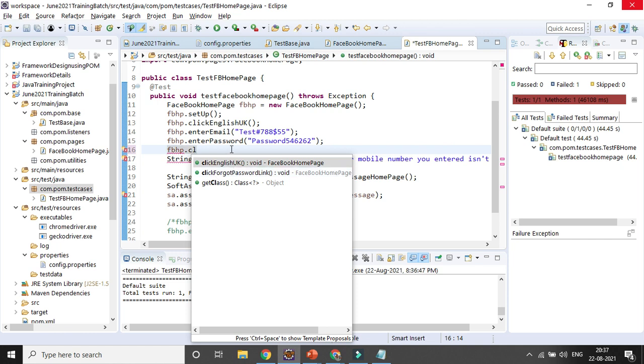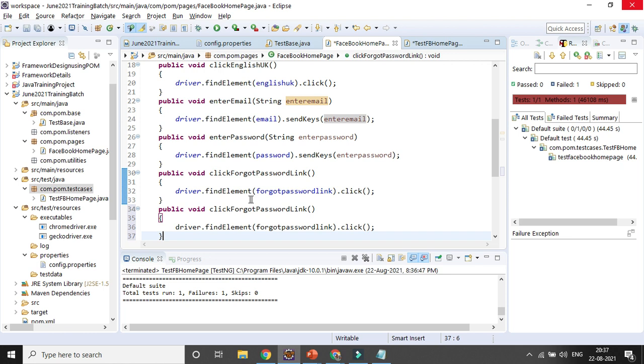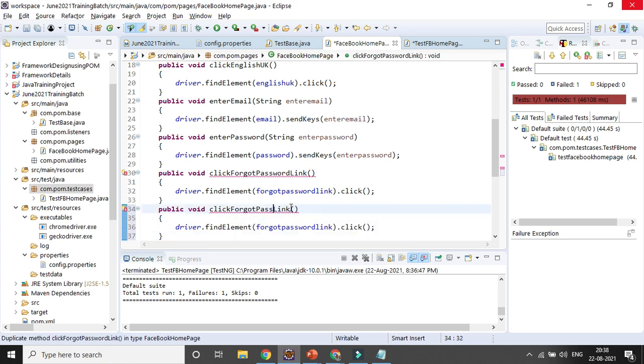Okay, I don't think that I have written a method. I need to write a method here. That's why I was wondering why. Yeah. So I need to create a method for click sign in button. So that is the beauty. In case something you missed, you need to just go to the page directly, right? And you can just enter a method or something like that. If you want to update the method, you can also update the method. Click sign in, sign in link. So here I will be simply using sign in button.